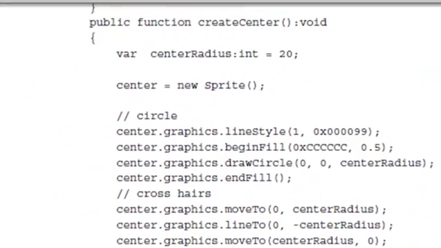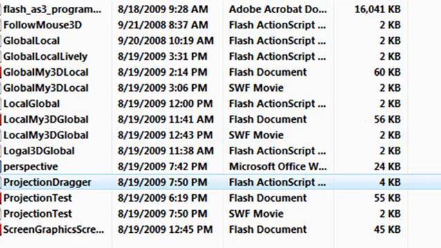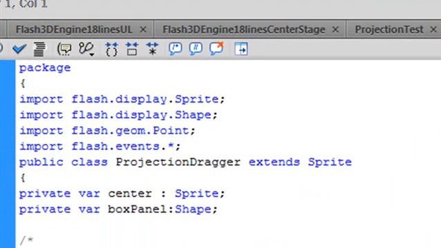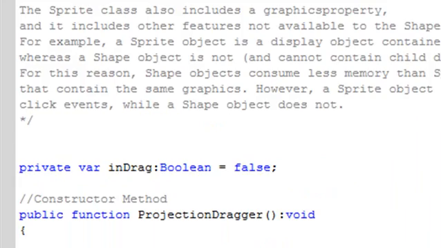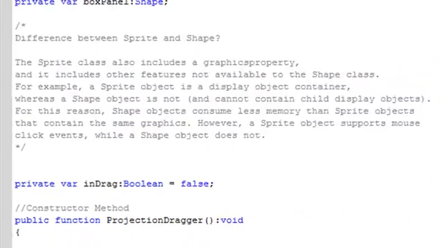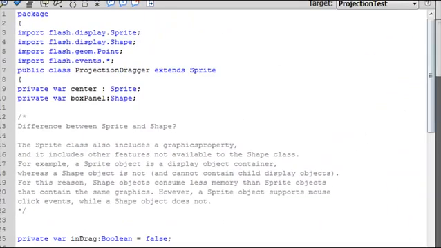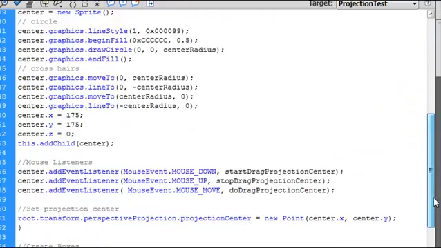Let me do that for you right now. I've actually done that, and that's all there is to it. Essentially all I did, actually I did a little bit more. I mucked with the code a little bit, changed it a little bit, but it's almost the same. And essentially this is the package, and you're going to basically cut and paste it into your